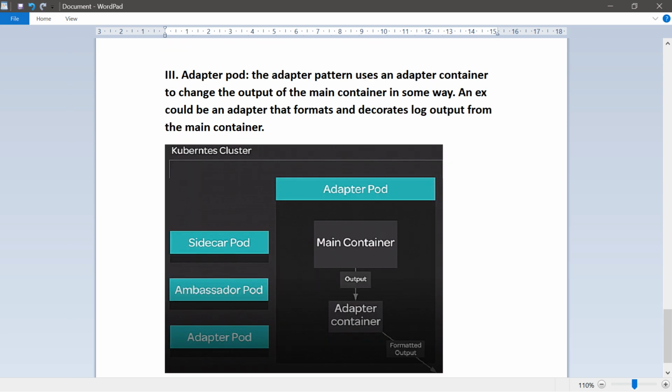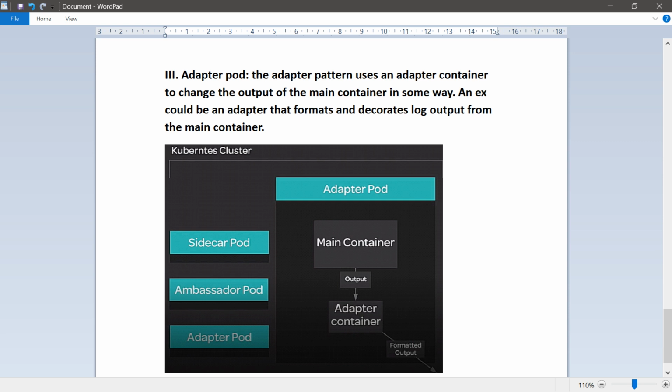A third common design pattern for multi-container pods is the adapter pod. An adapter pod is all about changing the output from the main container. Whatever the output is, whether information going into a file or just simple console output, the adapter container transforms and changes the output in some way in order to adapt it to some other type of system.